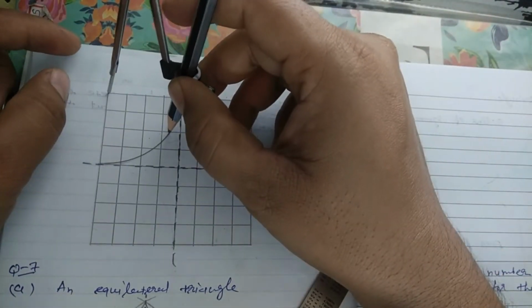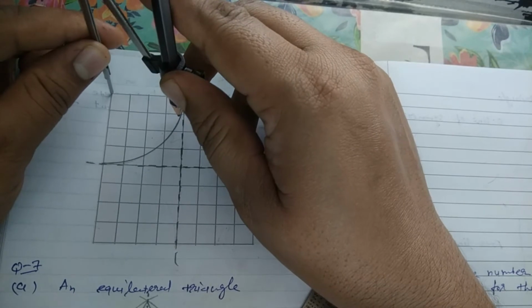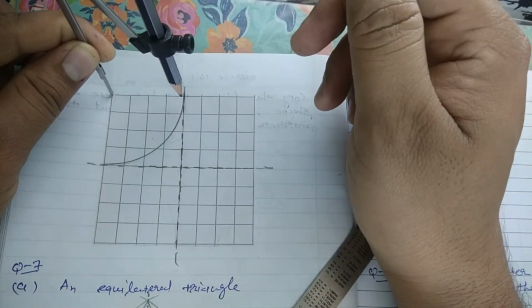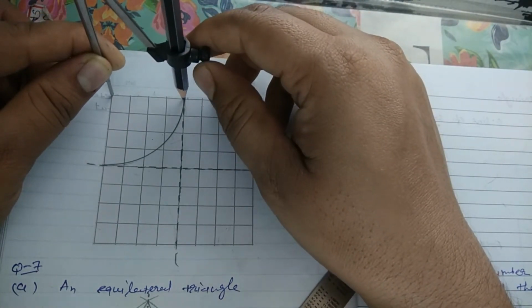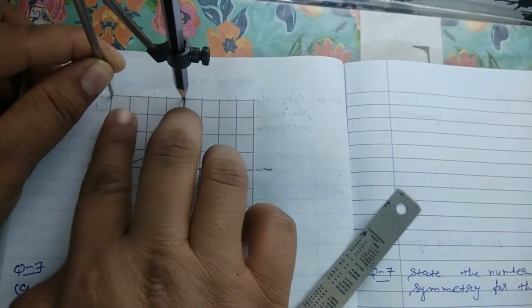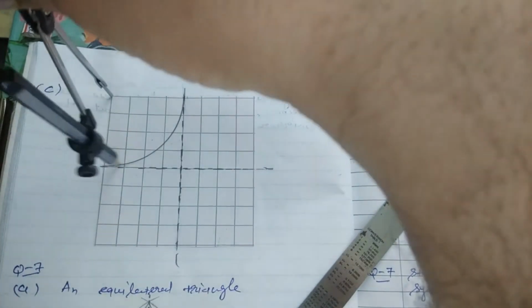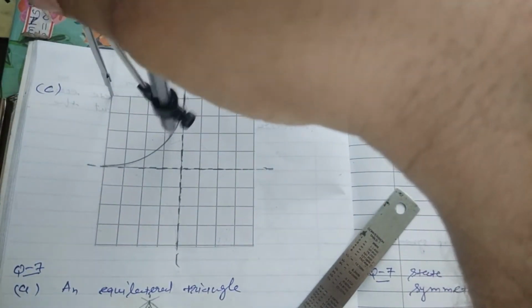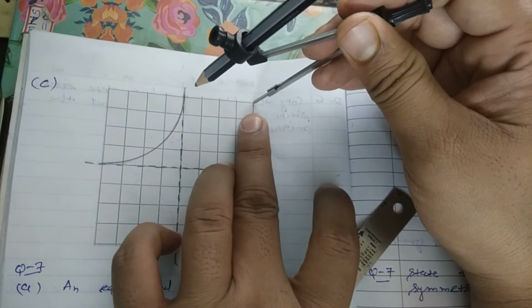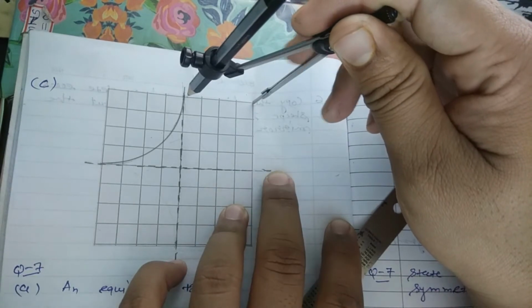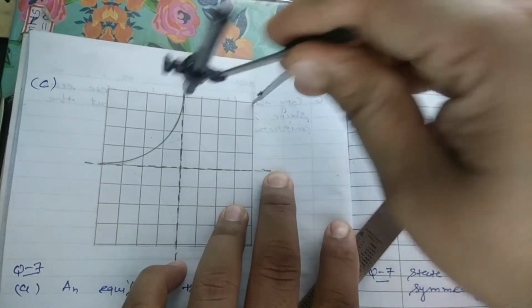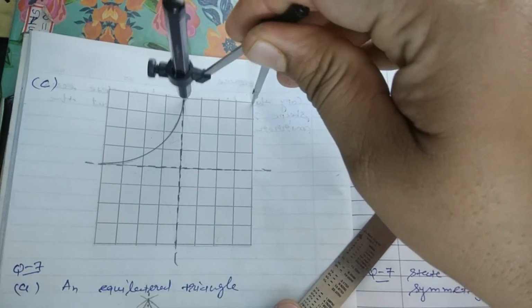This is one end point of our diagram, that is our center, and this is our radius. We have to take 4 centimeters as the radius, and that way this shape is drawn. In the same way, we will put the point of the compass on the other end, and that will be our center, and now from one mirror line we have to draw this shape.